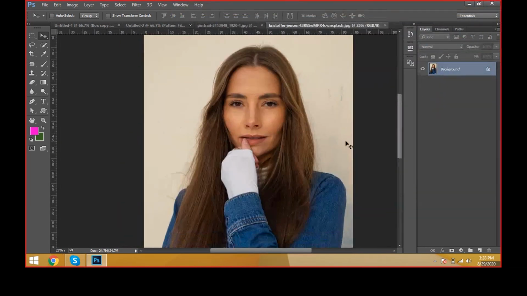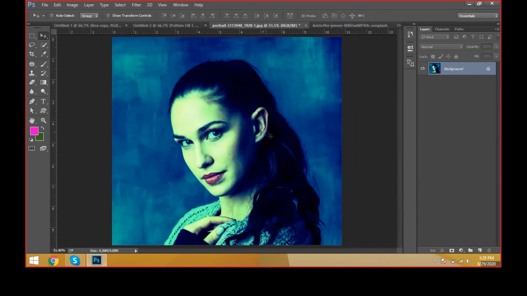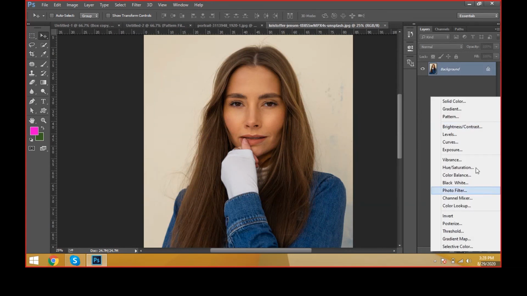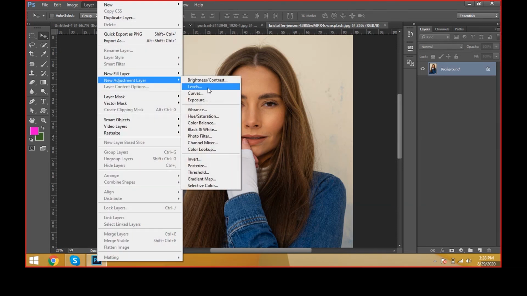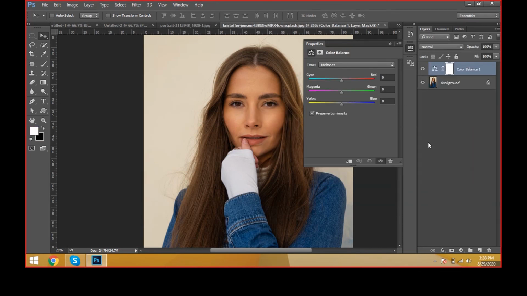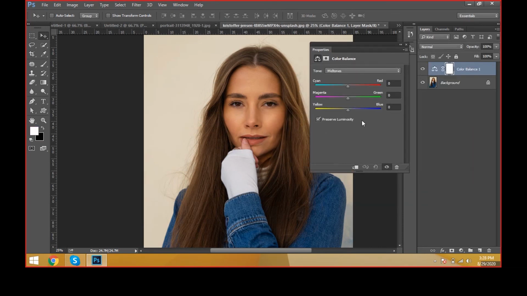This is the image. Now it has already taken color balance. Okay, and here also I'm taking color balance with the adjustment layer. Here we can go directly as an adjustment layer. Or otherwise, Layer, go to the adjustment layer and come to the color balance. And using this color balance adjustment layer, we can see the same values, same properties, and same midtones, shadows, and same highlights. This is one type of option for giving the color balance. I'm just giving color balance like this.